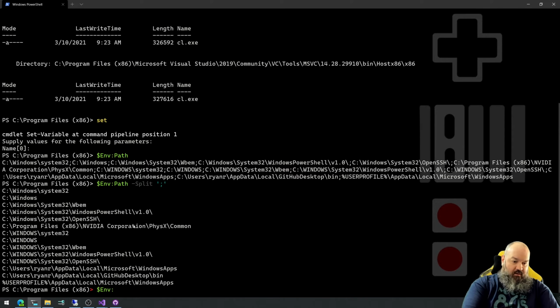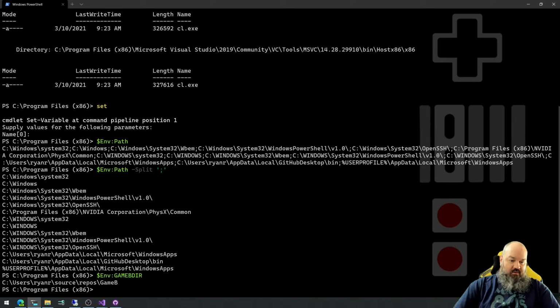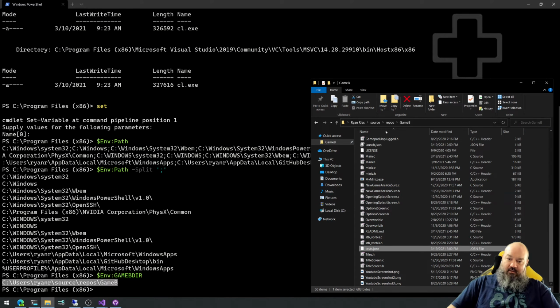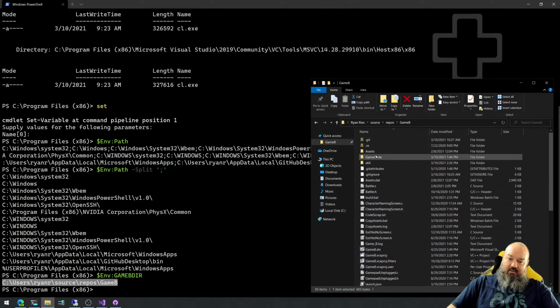Let's see if I have a game B directory. There you go. So for the game B directory, you need to set this environment variable. It's also in the README. It points to basically the game B repository, and the place where I use it is in the GameCode build scripts that we made last